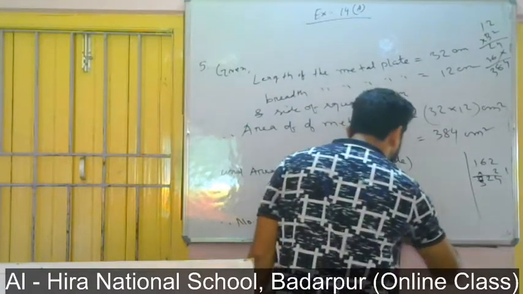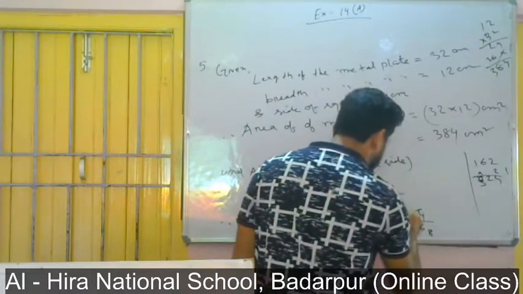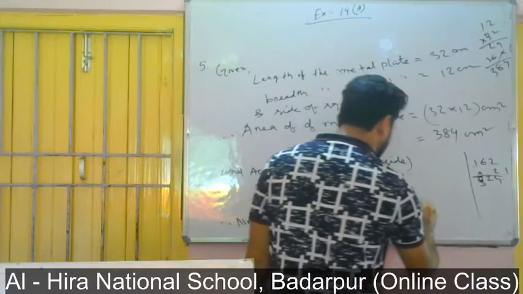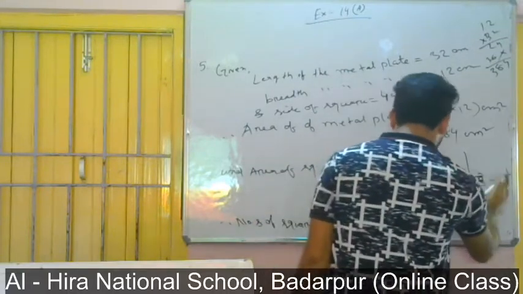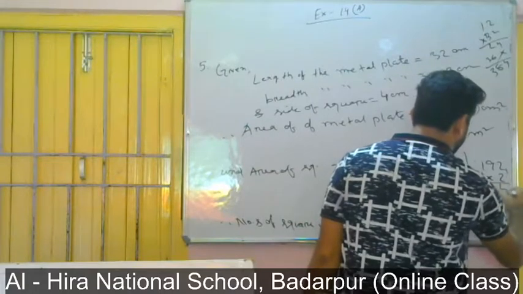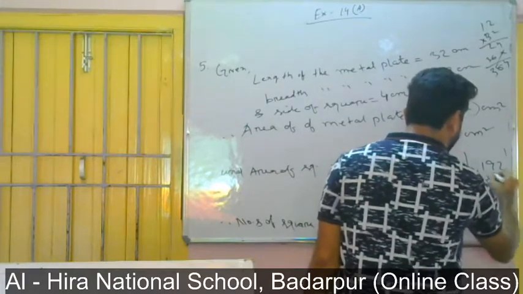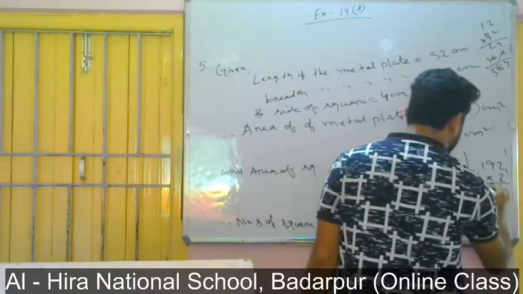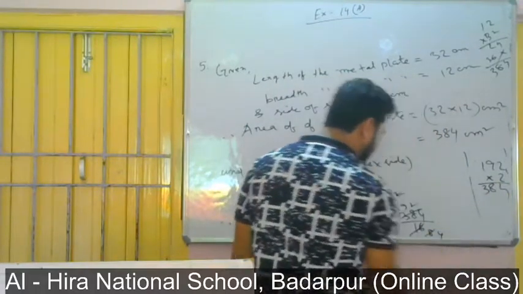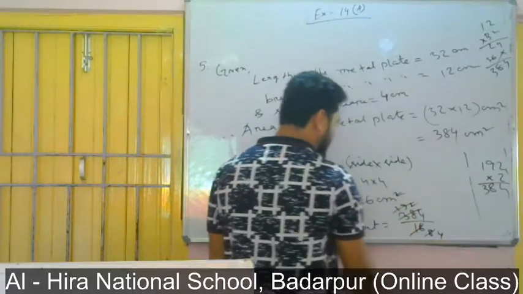Here you write not 62. If you cut, then 2 1s are 2, here remain 1, 18, 2 9s are 18, here remain 2. Okay, check with 192. 192 into 2, 2 2s are 4, 9 2s are 18, hand 1 5, 2 1s are 2, hand 1 3, 384. Okay, now again you cut, 4 2s are 8, then if you cut this one, then get what?